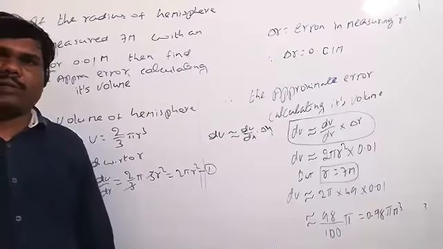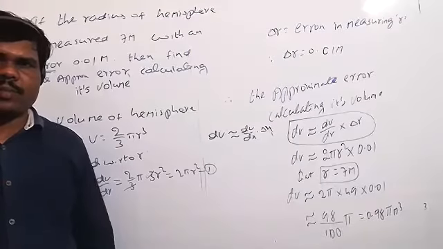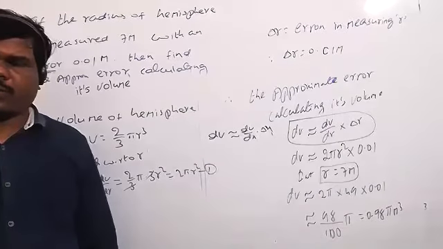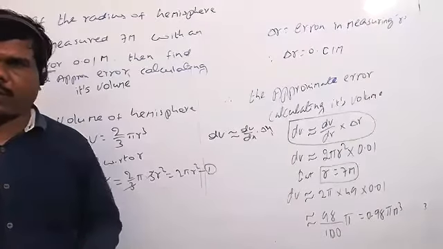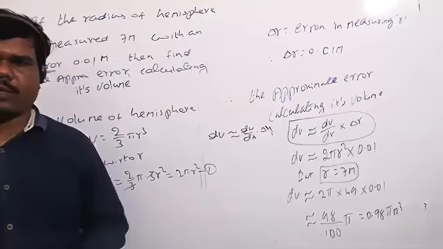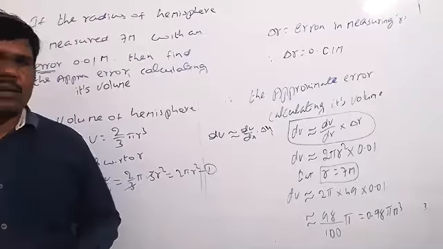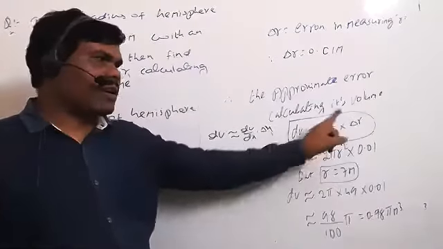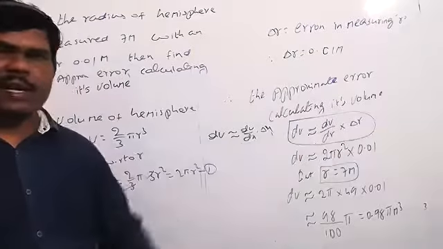But coming to the curved surfaces, that means like a cylinder or sphere, hemisphere, and next coming to the cone, these all depend on the radius. So at that time you differentiate with respect to the radius only. That time we will get this formula: dv is approximately dv by dr into delta r. In the same way for surface area.